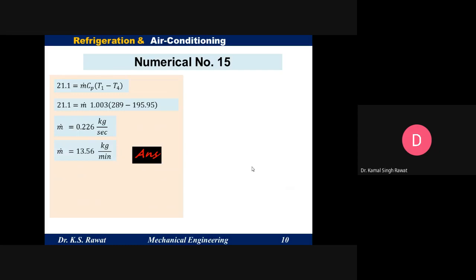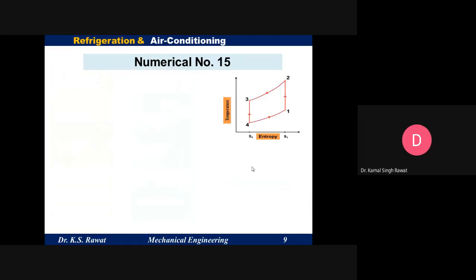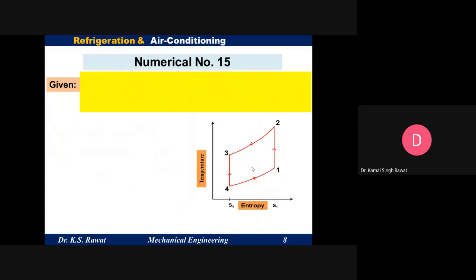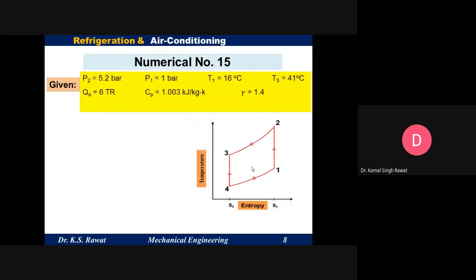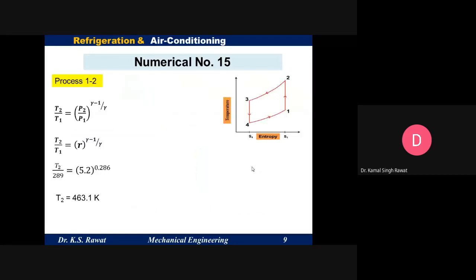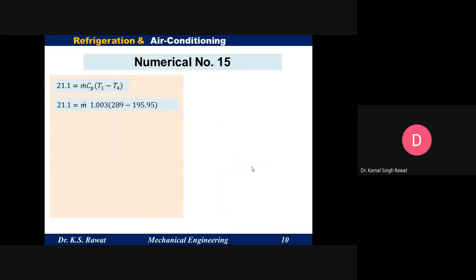Now, next, what do we have to calculate? So compressor work. Let me check what we have to calculate. So we have to calculate the COP first. Okay, so we have calculated the mass flow rate, and now we are going to calculate the COP. So now let's calculate the value of COP. Can you tell me the value of COP without calculating the compressor work?